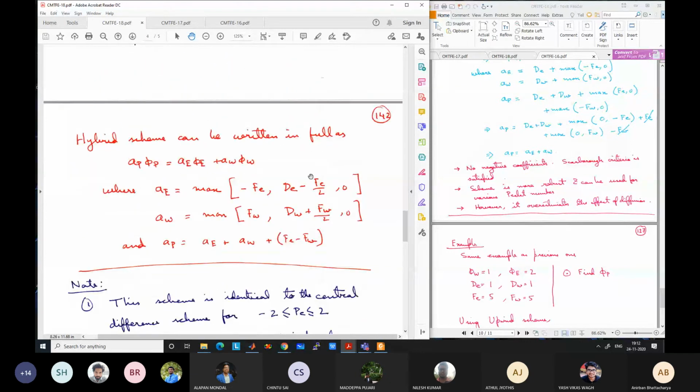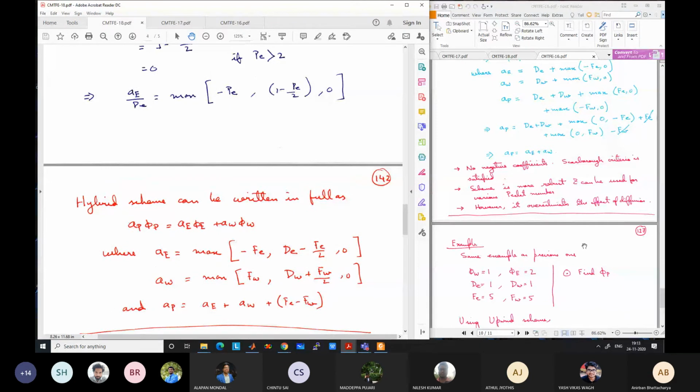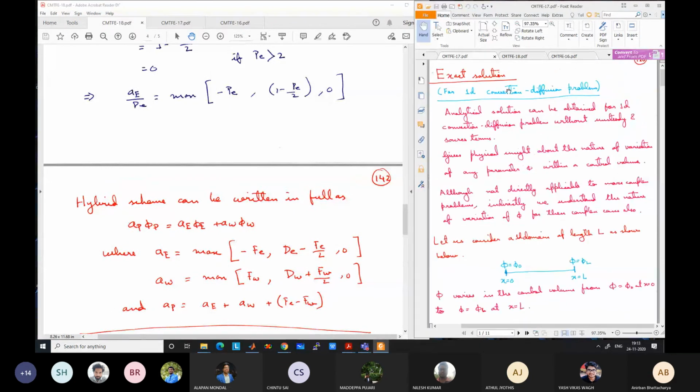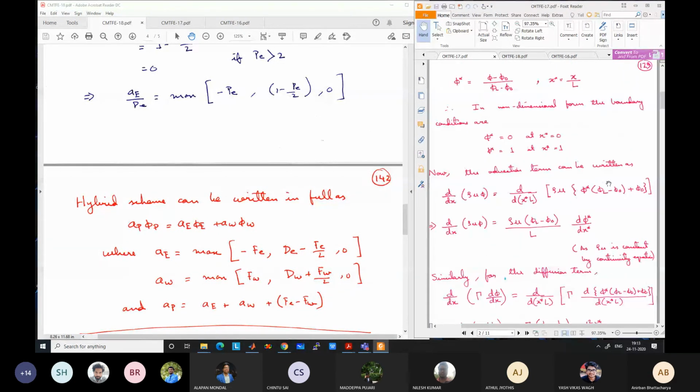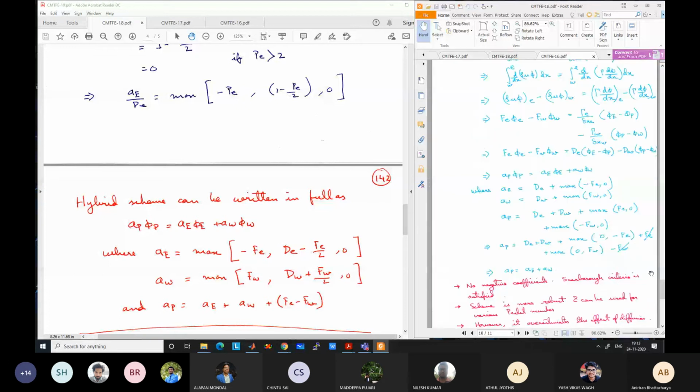Just think about it instead of just going mathematically through it. Okay, after the class or whenever you get time, I know you guys are busy, but when you get time, just think how the behavior actually is of AE and AW for different limiting situations. Okay, and what it physically means. For example, as I was saying, right? So if I have a grid structure like this, so for example, for this case only I can show the grid structure.